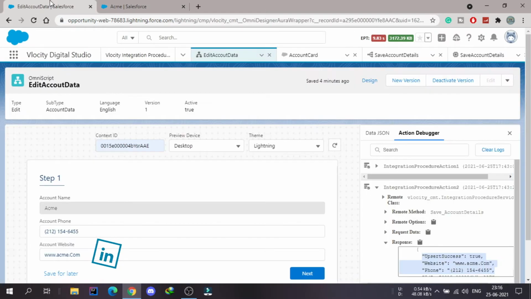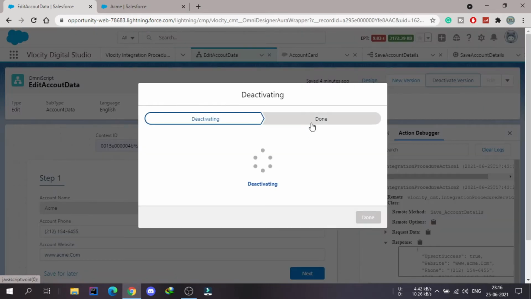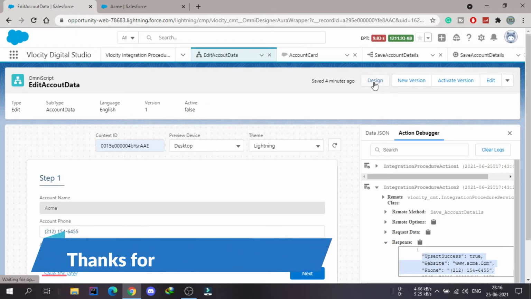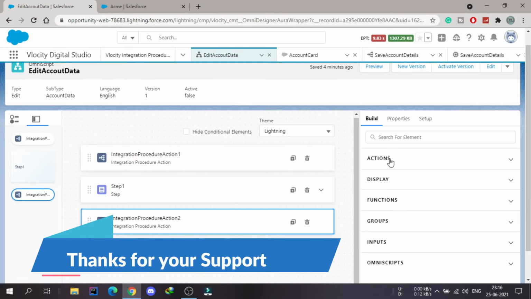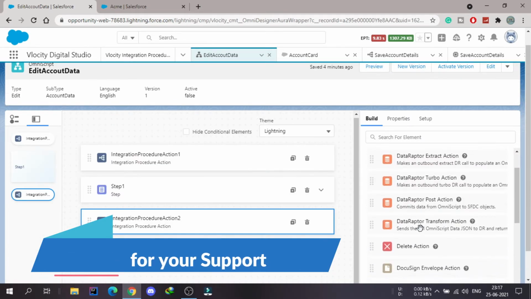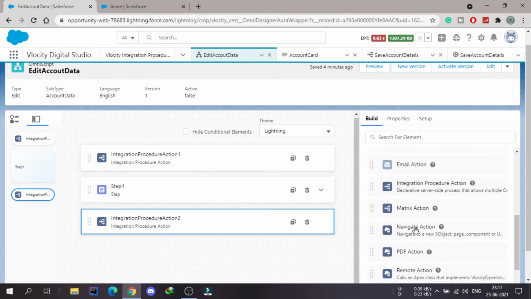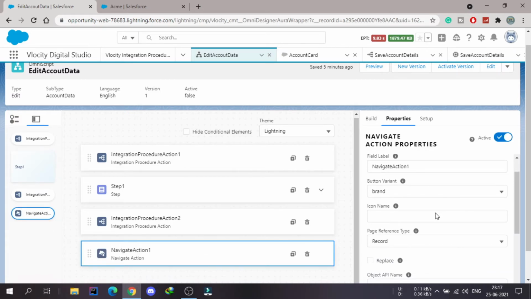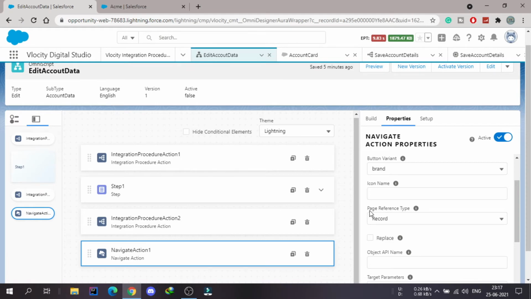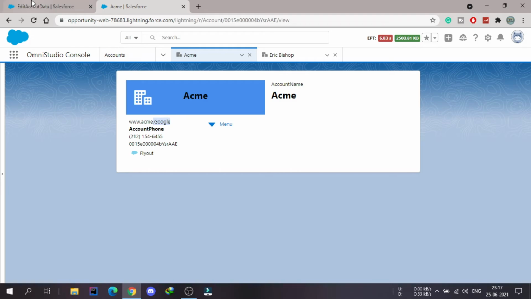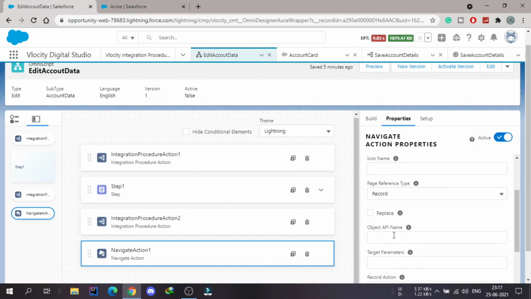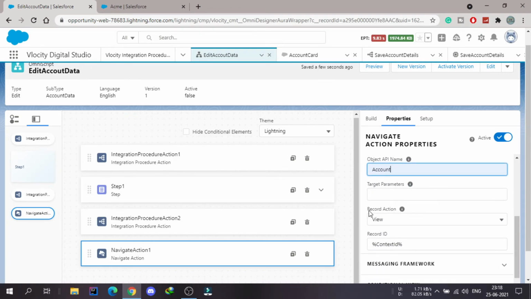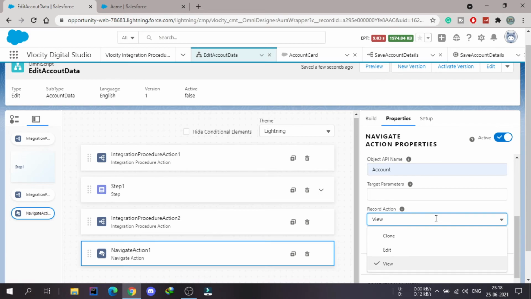So to fix that, let's go to that OmniScript, let's deactivate it again, and inside this design we need to use the navigate action. So it is inside the action, and we need to drag a navigate action onto the canvas, and we just need to make some minor changes, because this page reference type is already a record type, because this page is a record type, and we need to provide the object API name, that is account, and inside this